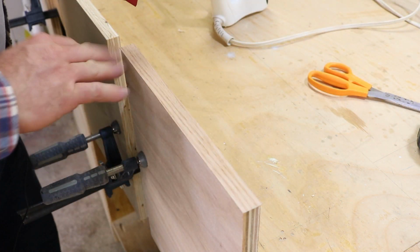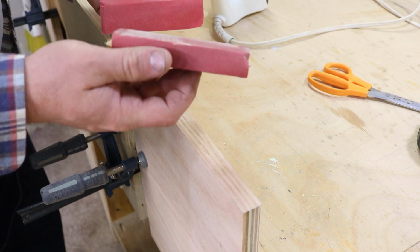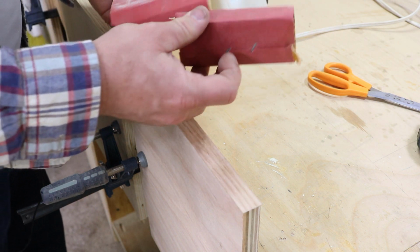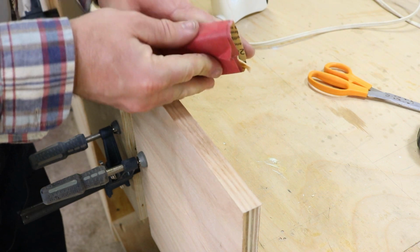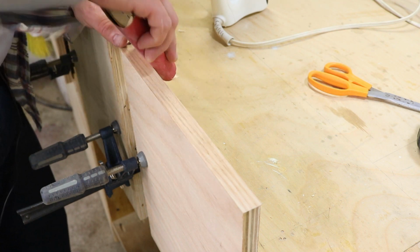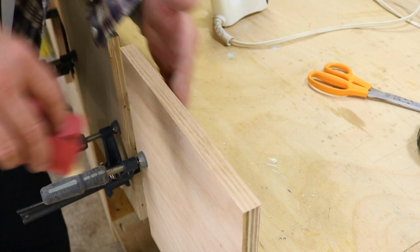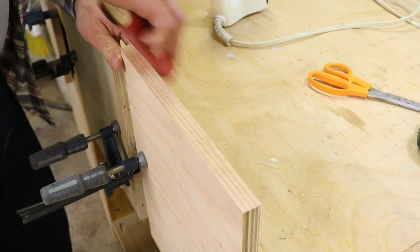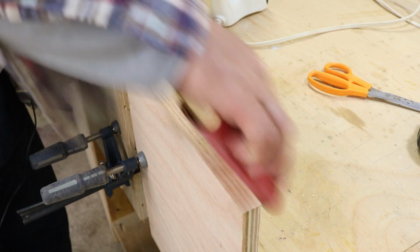After this has cooled down, what you want to do is grab yourself some sandpaper, and this is actually a piece of wood underneath this. The simplest thing to do is to wrap a piece of wood with your sandpaper. It gives you a nice flat surface. Take this and run it on the edges. You don't want to go dead on flat, because then you're going to probably mar up the shelf, or the piece of wood that you're doing. So just go at an angle just to knock off that high edge